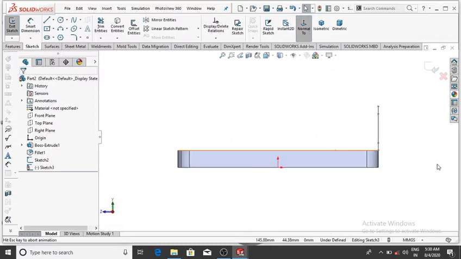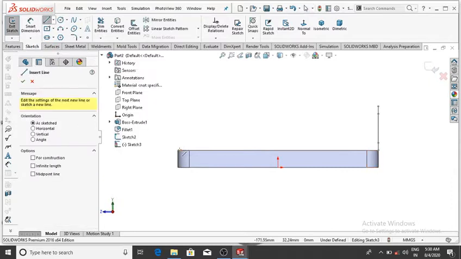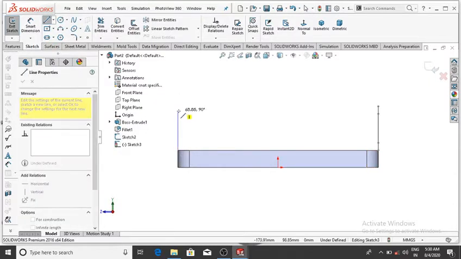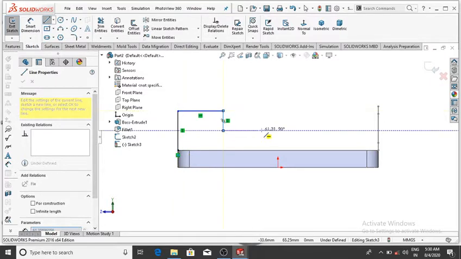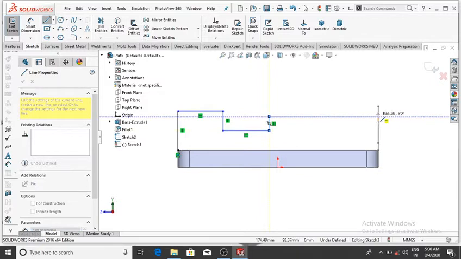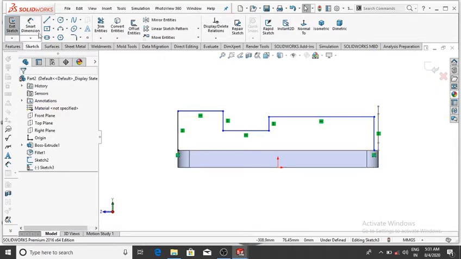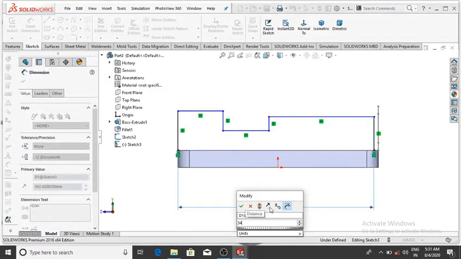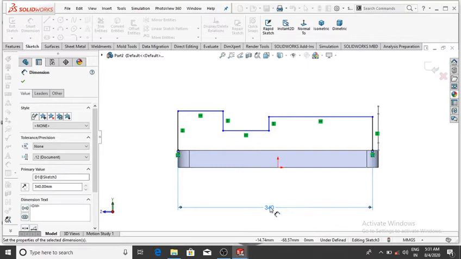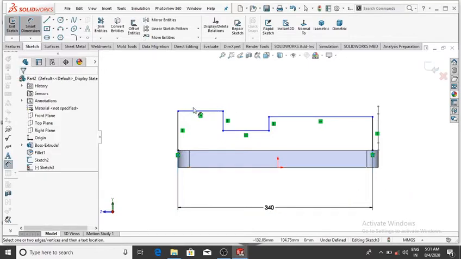So simply select this and make the line from this face up to this, and now select this line to this and up to this point to this point, and make the smart dimension from this point to this point 340 mm, then OK.